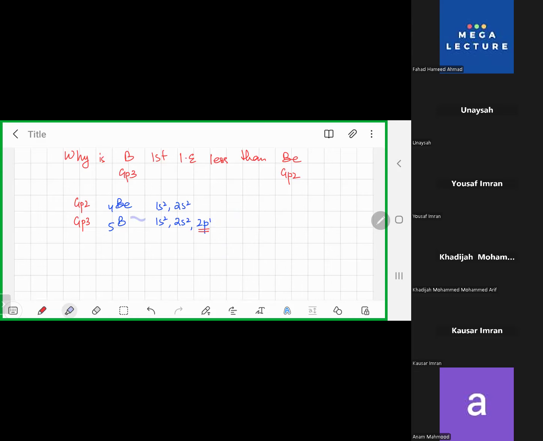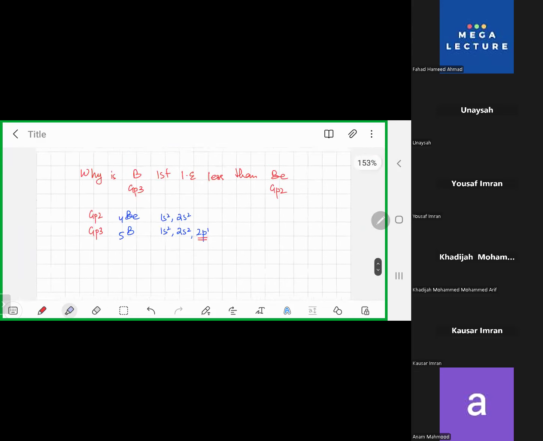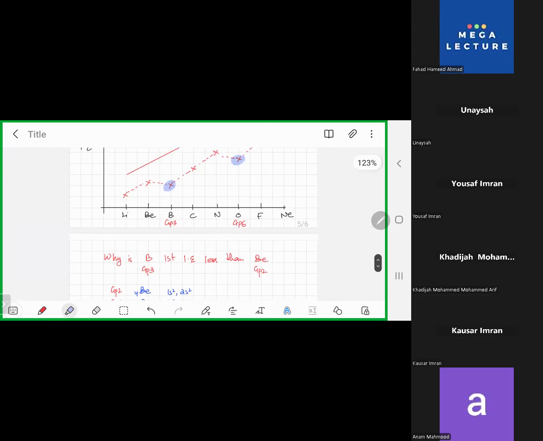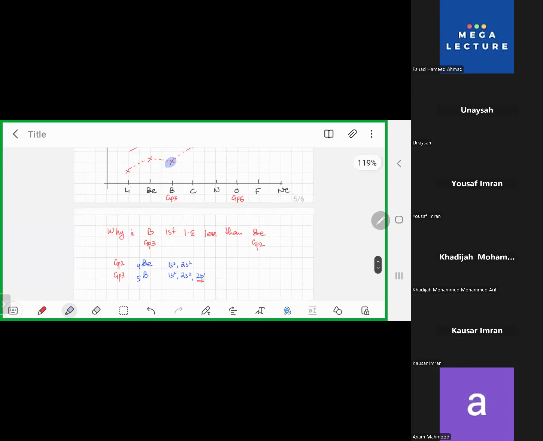ठीक है, तो boron से electron remove करना, it becomes very slightly easier. So which is why you're going to see a dip at boron. या कभी भी आप ग्रुप 2 से ग्रुप 3 पे जाओगे ना अक्रॉस द पीरियड, you're going to see this step. तो ये बात क्लियर है, ये मैं लिख देता हूँ, लेकिन is this clear? Yes, sir. जी सर। ठीक है, so remember it's a very favorite question I'm going to ask you a lot,